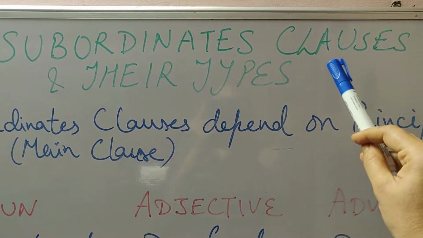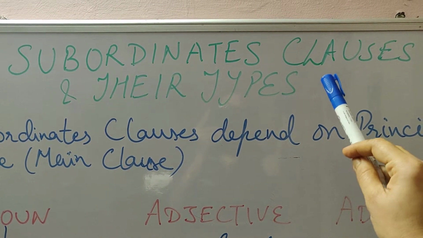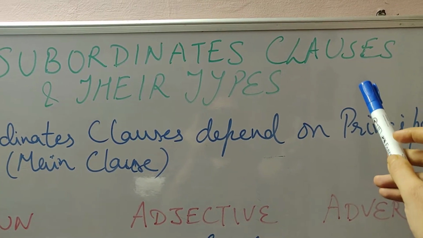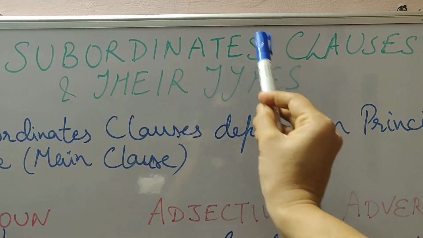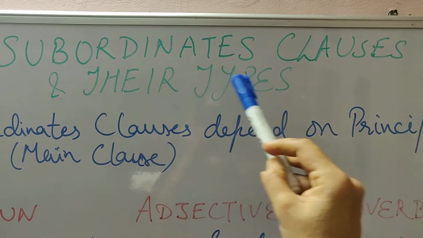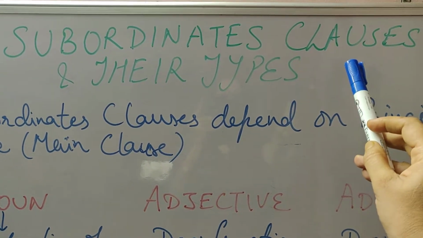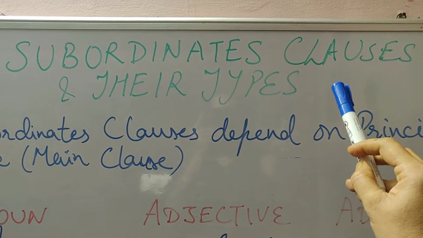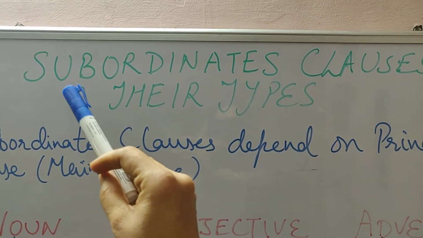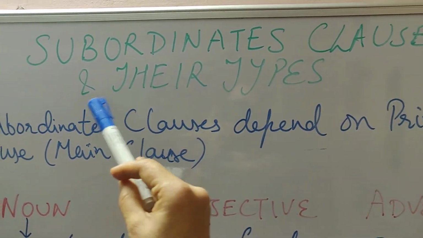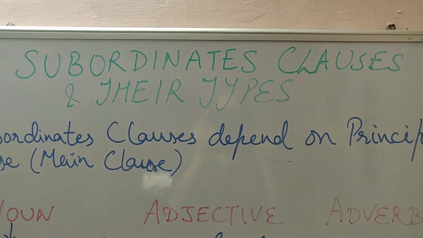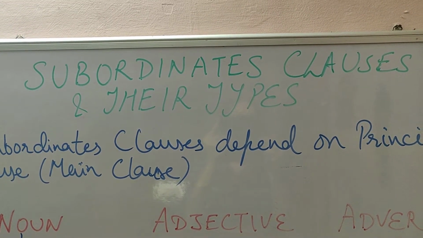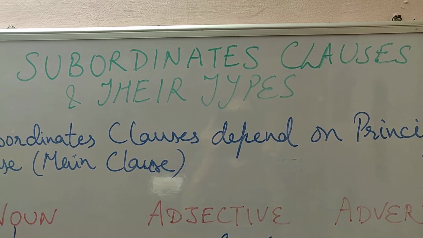That is, they are mainly of three types. They can be the main clause or primary clause, or you can say principal clause. Then there is subordinate clause and there is coordinate clause. So all this you already know and you can see in my previous video. So today you will understand subordinate clauses and their types. So what are the different types of subordinate clauses? We will understand the major types of subordinate clauses now.